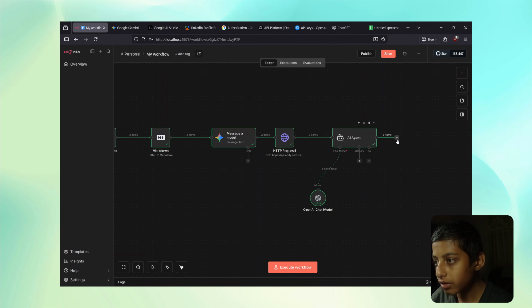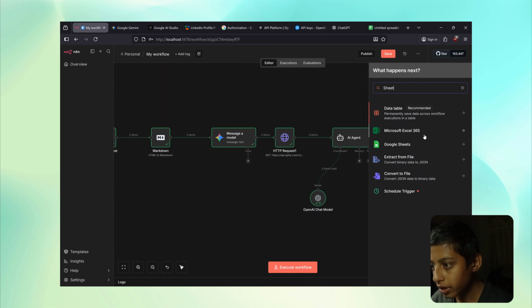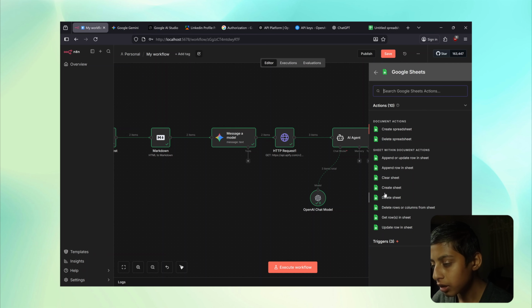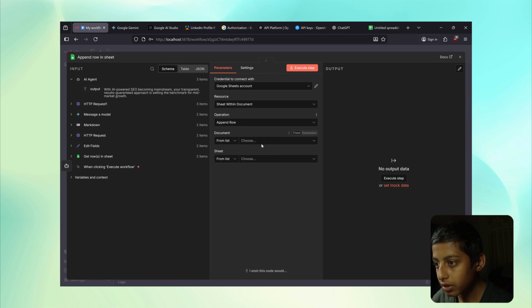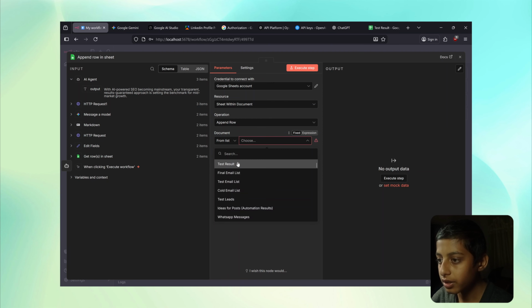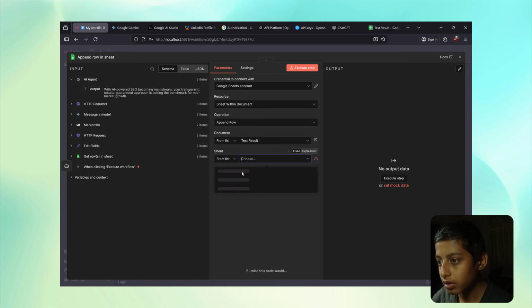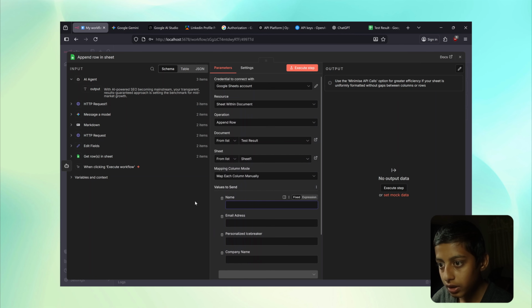Lastly, you can connect it to Google Sheet node. So here we will go with append rows in sheet. You have to pick a sheet. So I will pick test result for my sheet, and the sheet will be sheet 1. Here we can get